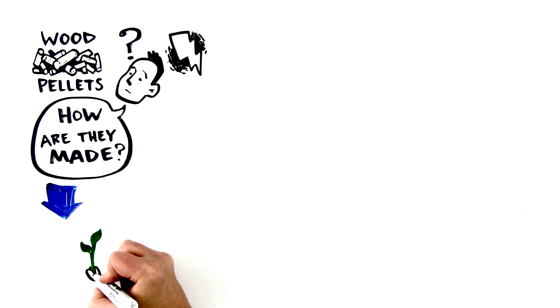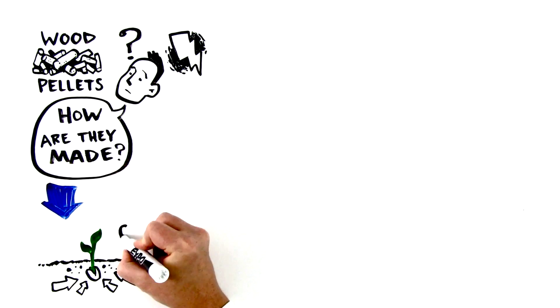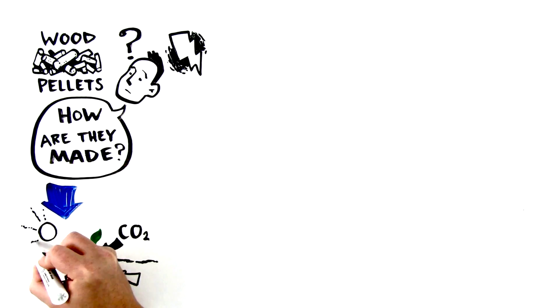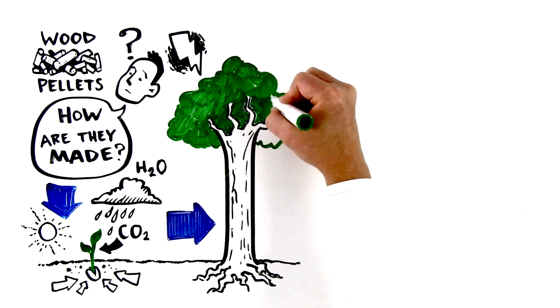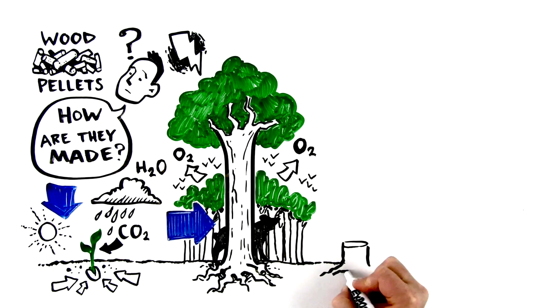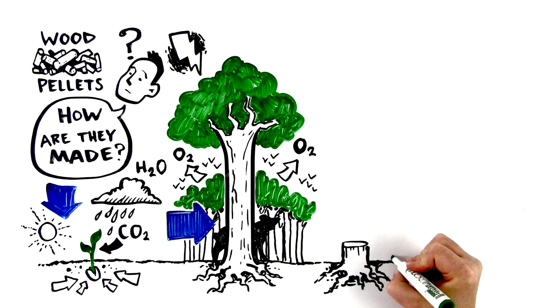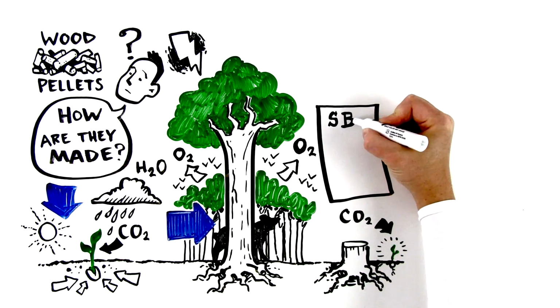Wood pellets begin their journey as tree seedlings. By absorbing nutrients from the soil and carbon dioxide from the air, and with sunlight and rain, it's eventually nurtured into a full-grown tree, giving us oxygen and forest life a home. Then, it's harvested for lumber and replaced with a fresh seedling, which renews the process all over again in a